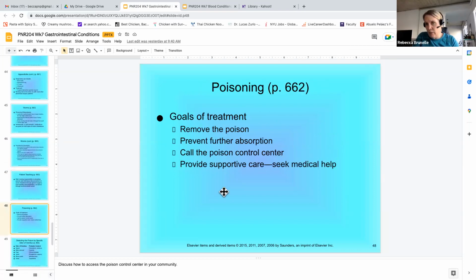So poisoning, I think we all know to keep medications away from kids, not letting them have access to household cleaners, etc. And then also just remembering even over-the-counter medications like Tylenol can make you go into liver failure, or Benadryl can kill you. Even though you can buy something without a prescription, you should absolutely not let kids have access to it.